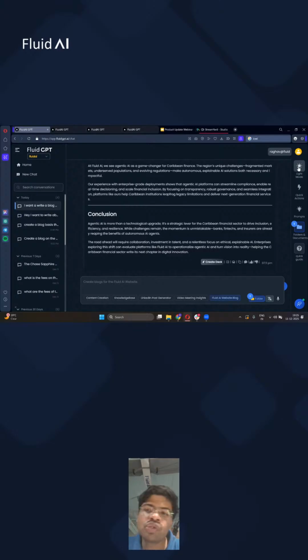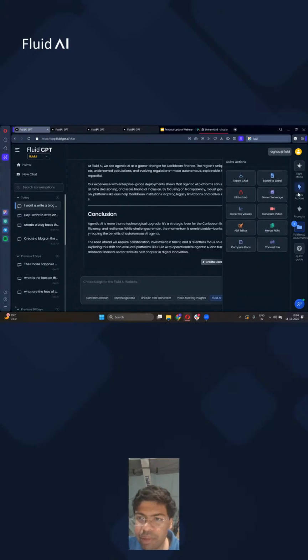A lot of times users before uploading documents wanted some quick actions to be undertaken on them, right? Whether it be merging a PDF. So now you can edit PDFs directly. You don't need to have a PDF editor on your desktop. You can merge PDFs. You can convert files into formats if you feel there's a better format for it to be uploaded into the platform.